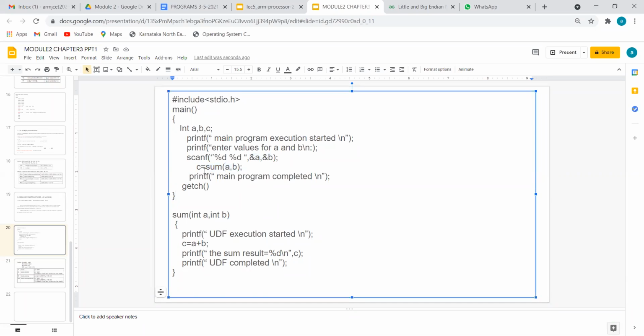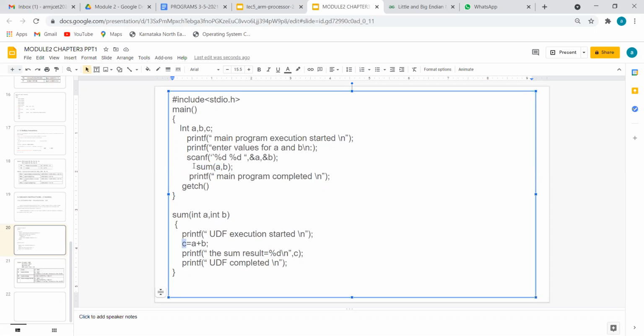Even if you cancel, no problem, because we are passing only the parameters here. Call by value. Both the value of A is copied here, B is copied here, and the UDF name is sum. See, line number 1 executed, 2, 3, 4, 5 executed, then shifting. The 6th line is not executing. Instead of the 6th line, some 10th line of the UDF is executing. UDF execution started. So the values you have collected from the main are supplied to the UDF variables A and B. So C will be sum here.